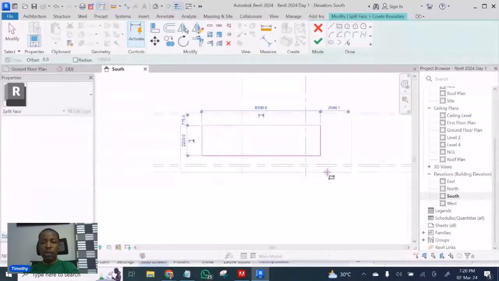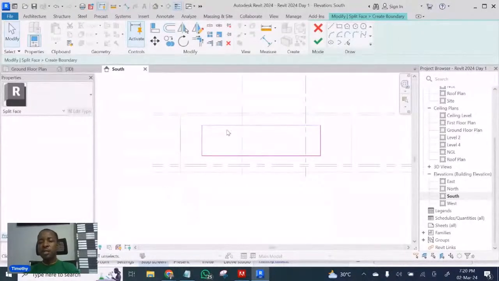But whatever you are doing, make sure it is within the wall. There are rules that guide this for you not to have errors. Like this particular one I'm doing here, the lines must be within the wall. The other one, the first one I did, the line came from this external line to the next line. Okay, now if I finish it,